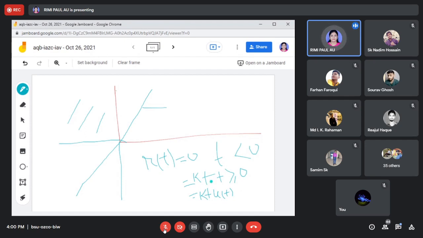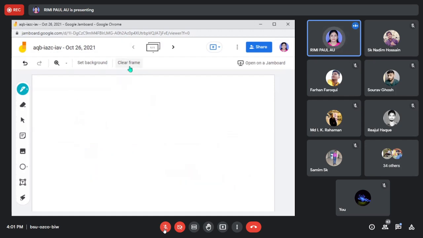So whenever I am writing k t u(t), that means I am discarding all these things. Only I am taking the t greater than or equal to 0 portion. Because I cannot take this portion also, because this is not a minus k, the slope is not negative, right? So the slope is positive, so for a positive slope I can take this side or this side. But when I am multiplying u(t), I am just talking about this portion of the ramp function. That is the thing. Now if I represent the unit ramp signal, how to represent it?